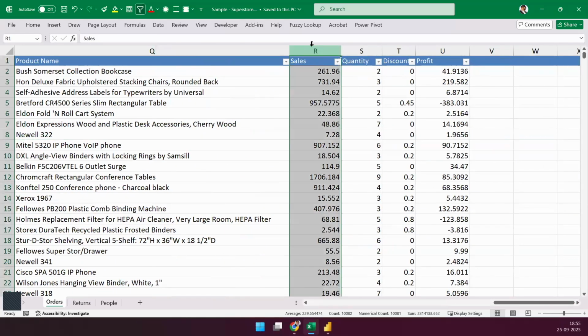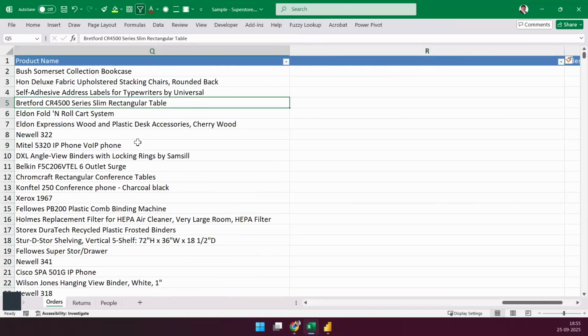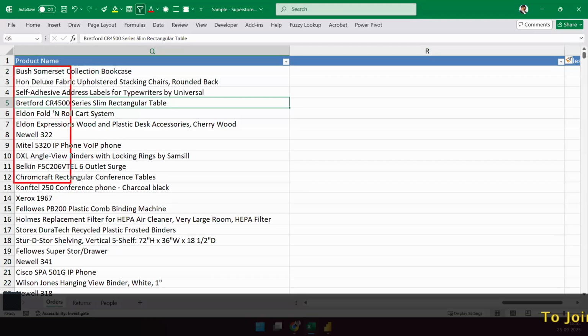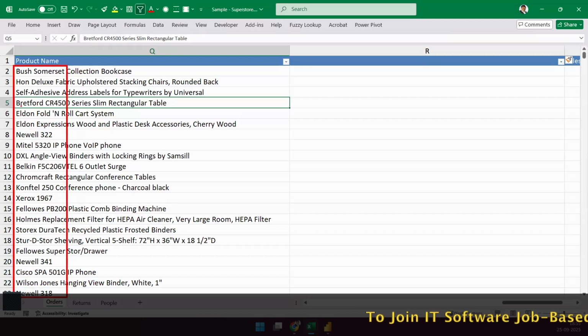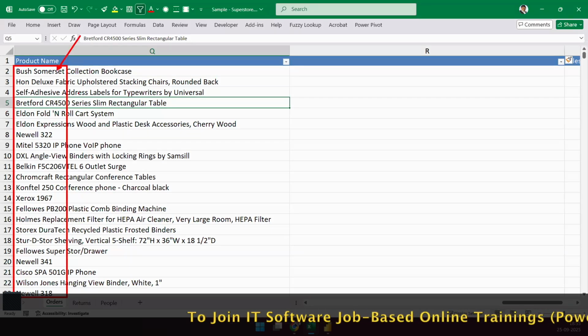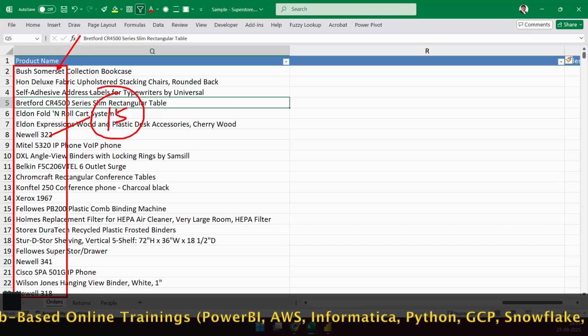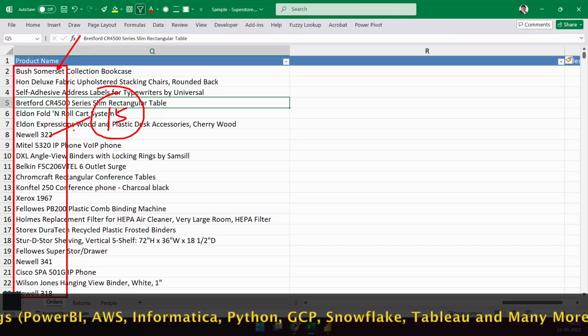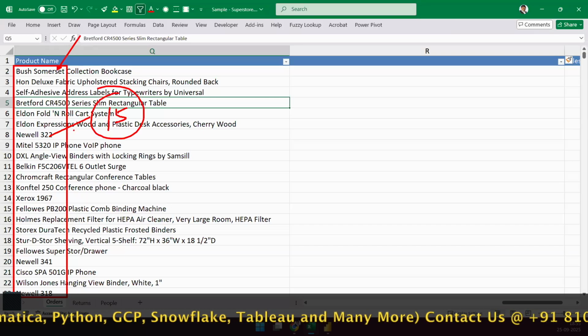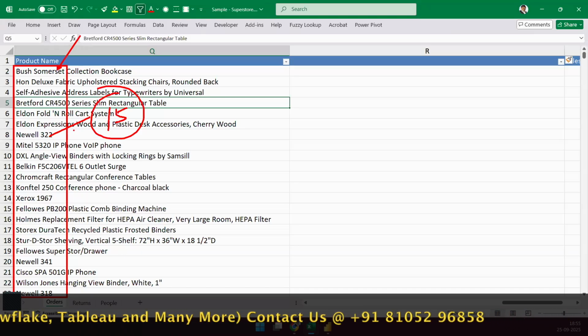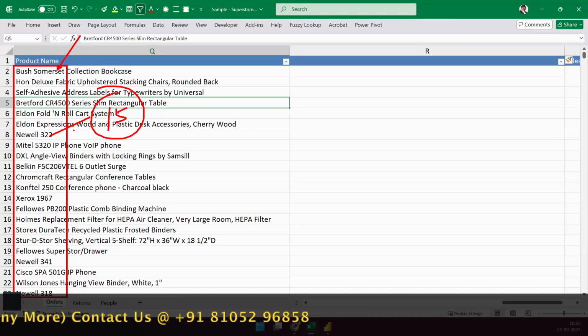I'm going to just create a new column. What I want is, I'm doing this in Excel, so just let me know an Excel formula. How will I be able to extract the first few characters from the product name? Let's say I want 15 characters out of the product name. How will I extract the first 15 characters? Can someone give me an Excel formula for that?